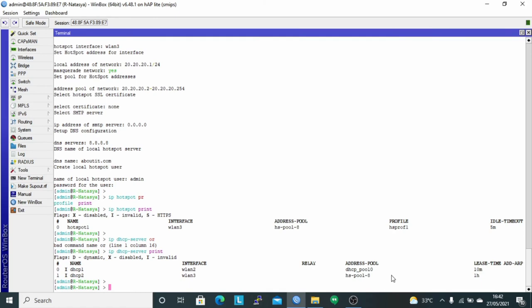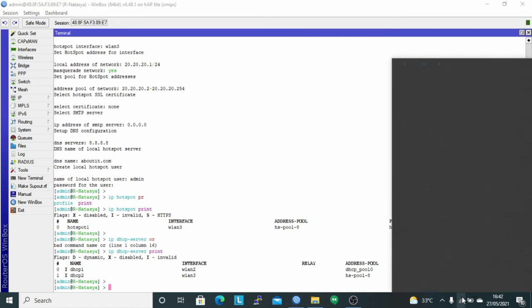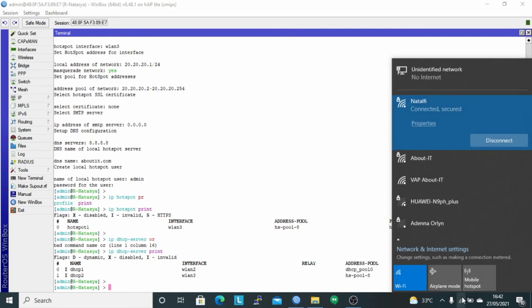And then testing on the client. First, connect a laptop to the SSID, namely about IT.